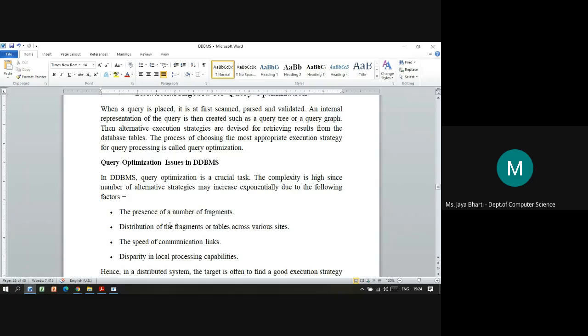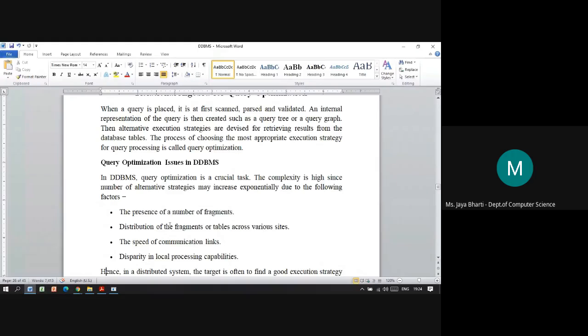Because the database is spread across different networks, while extracting data from different fragments located far from each other, an efficient query tree must be generated.